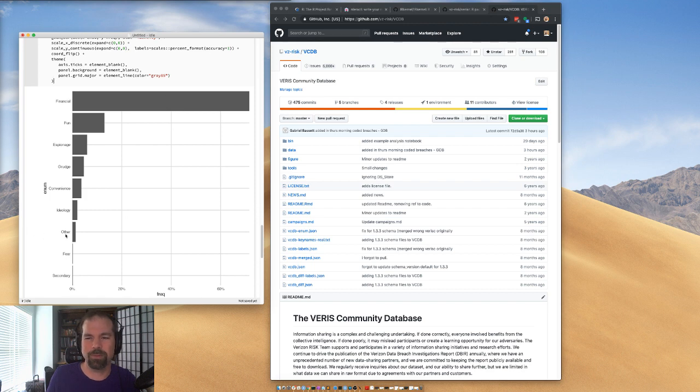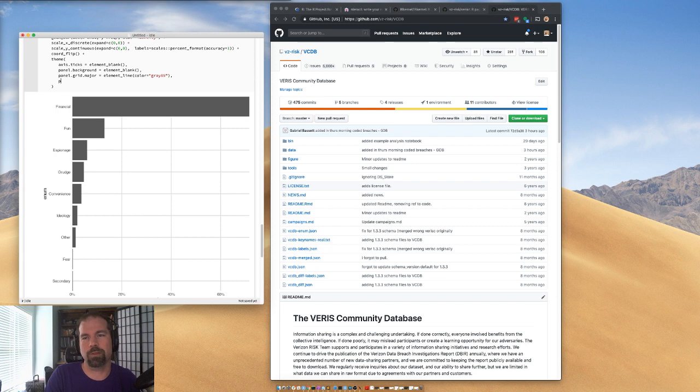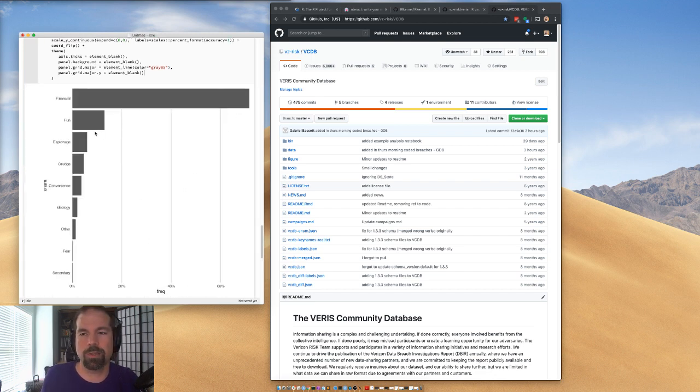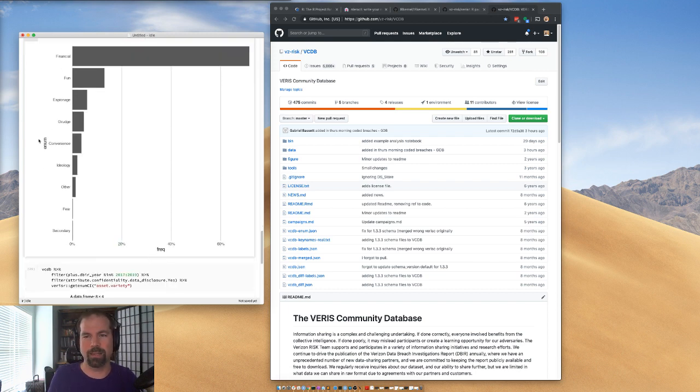But now we don't really need a line that goes across other, right? We know that that's other. There's a bar there. And so we're going to set the color for the major grids, but we're also going to set panel.grid.major.y equals element_blank. And now we have the grids where we want them. Wasn't that nice? And now we've got a nice chart,